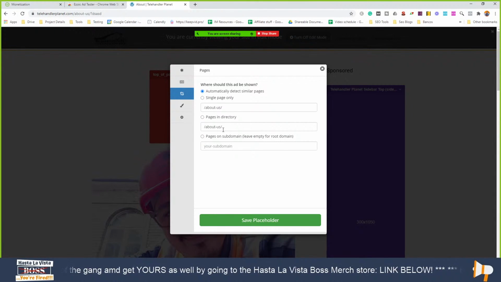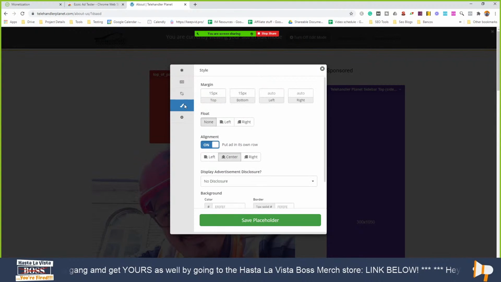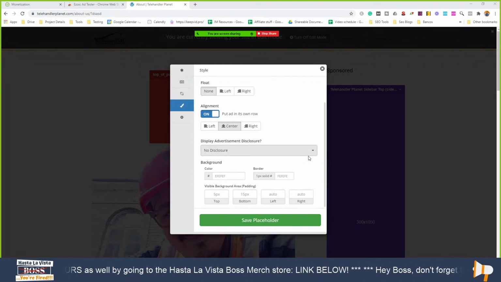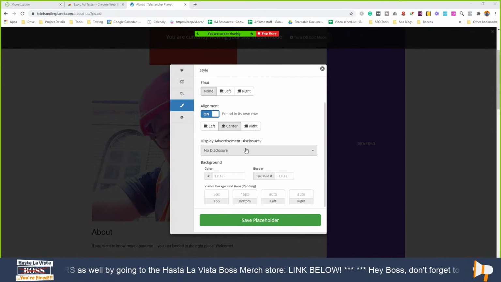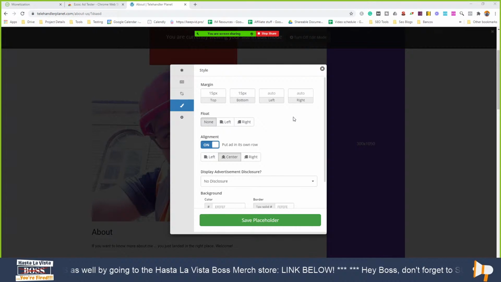And then the last button, the little paintbrush under this one, this is to add styling. So if you notice, oh, this ad's showing up a little too close to my content or my photo, I can add some padding at the top or bottom. I can align it left or right, float it, or put it in its own row. We also have some CSS you can add where you can change the background color and other things, but that's how you can personalize every placeholder for your site.